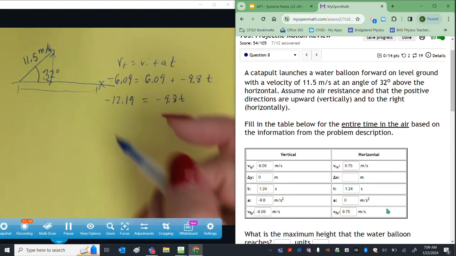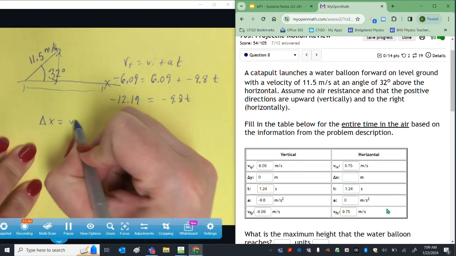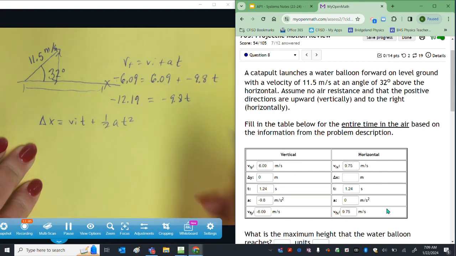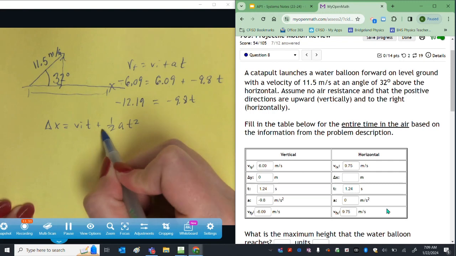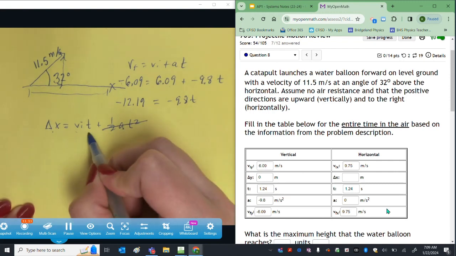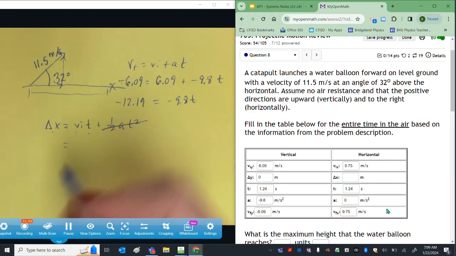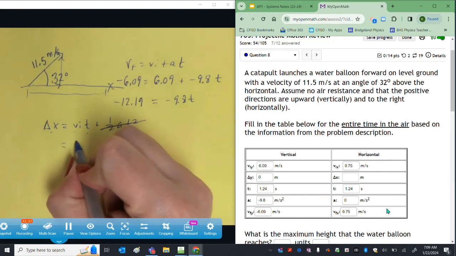So if I want to solve for range, let's go ahead and use one of our kinematic equations. I'm going to use this one. Okay, because if that acceleration is 0, that whole thing goes away, and displacement is velocity times time. That's my constant velocity equation. Okay, so we're just going to take our velocity, 9.75, and multiply it by our time. And again, that 9.75 was rounded, so I'm going to go back up and use the unrounded value, and I get 12.13